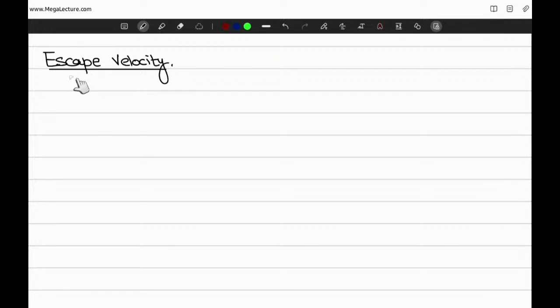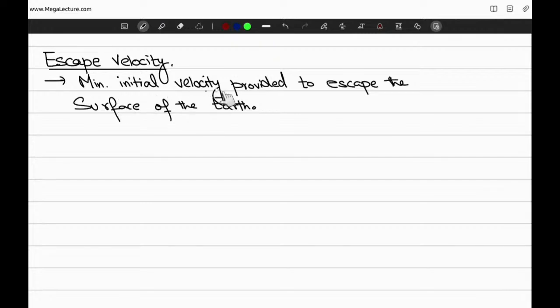So now let's just quickly talk about escape velocity, which is related to the gravitational potential energy. The escape velocity is basically defined as the minimum initial velocity that is provided to an object which is on the surface of the Earth to escape the surface of the Earth. Basically what it's doing is it's escaping the Earth's gravitational field, right? And the expression for escape velocity is given as this thing over here. So the escape velocity is the square root of 2G times the mass of the Earth over the radius of whatever object that you're trying to make it escape